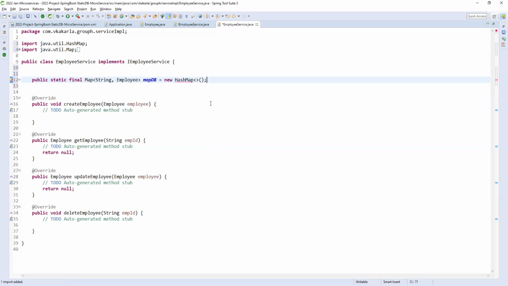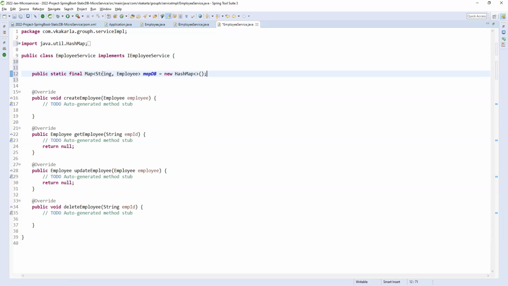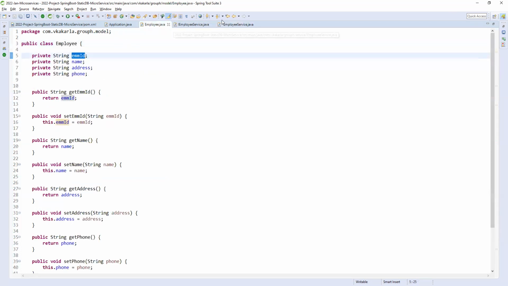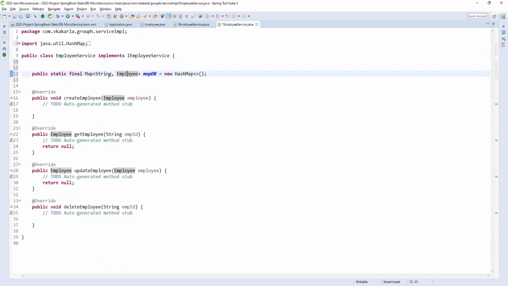So I created a HashMap, right? What is this ID? This ID is nothing but the employee ID. This is the employee ID we are going to save, because employee ID will be unique. And what is the value? The entire employee object we are saving into the map, which means by passing the employee ID we can get the employee value. So like that I created a static DB or static map, so we can use it here.